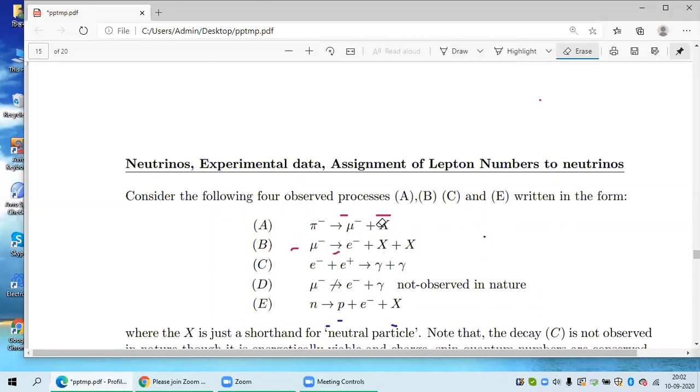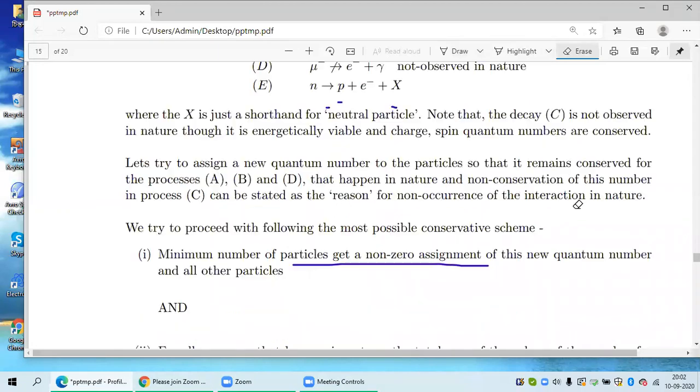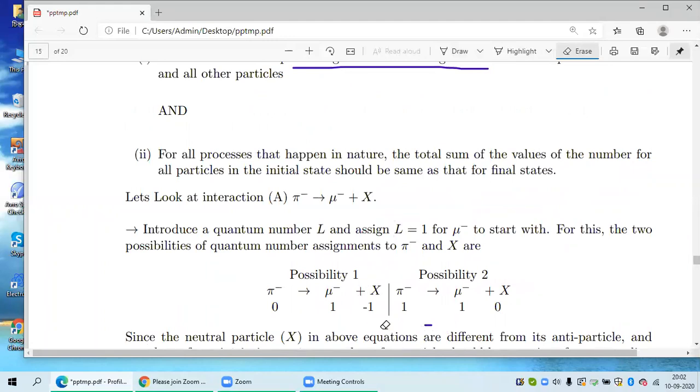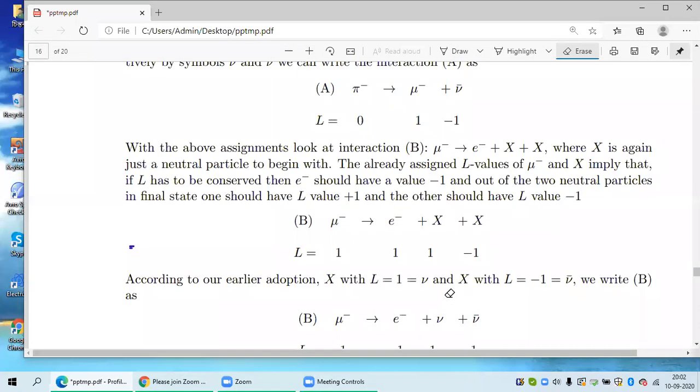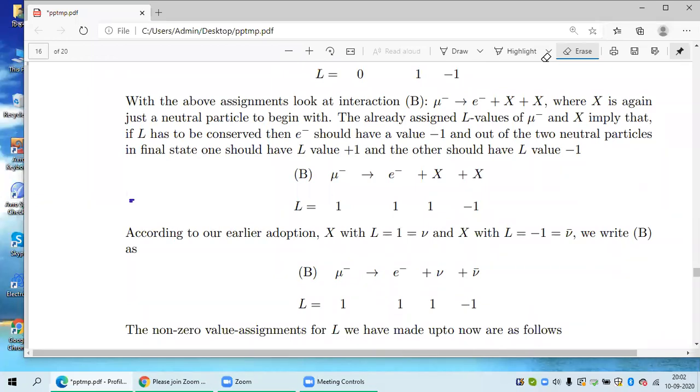I request you to read this class notes this weekend very carefully and think over it, because this is a very tricky way of putting the logic. You just try to find whether there are any loopholes. I'm saying this right now, but if I miss something, you try to find it yourself. Then you can ask me in the next class.